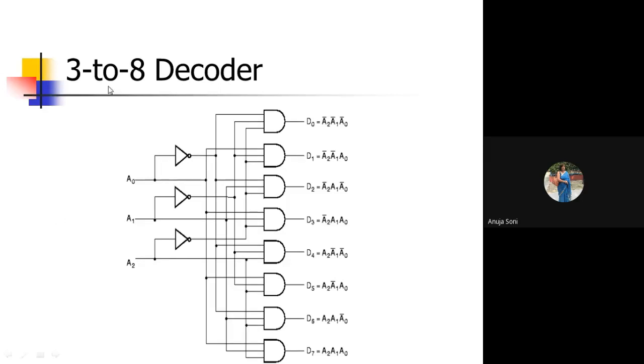See, always and always, if you have n input variables, the size of the decoder will be 2 raised to power n. Do remember this, because in front of you, you have 3. 3 is the value of n. Generally this remains the size of the decoder: n to 2 raised to power n. N is the number of variables, so here the number of variables is 3. So what will be the size of the output combinations? It will be 2 raised to power 3, which means 8. Always it will be 2 raised to power n, where n refers to the number of variables.